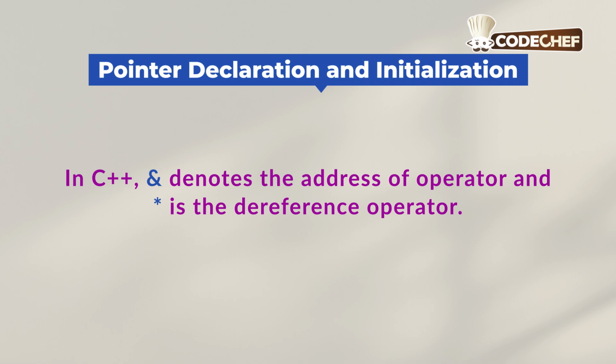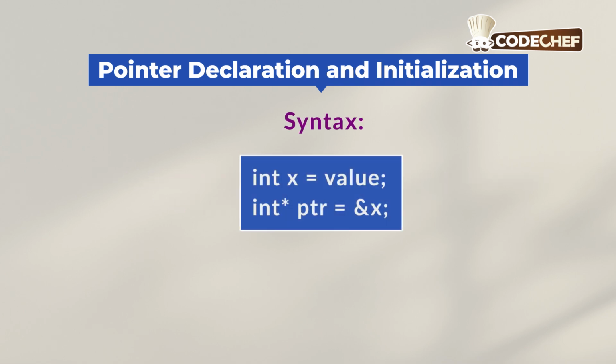So in C++, the & operator denotes the address-of operator and * is the dereference operator. Its syntax is int x = value; then int *ptr = &x;. So first we have declared a variable x and assigned a value to it. Then we have created a pointer by writing the syntax int *. The name of the pointer is ptr =, and since we have written &x, that means this pointer is going to store the address of variable x;